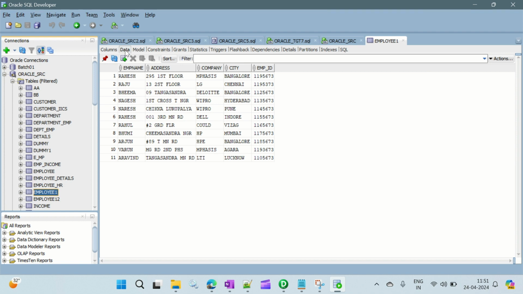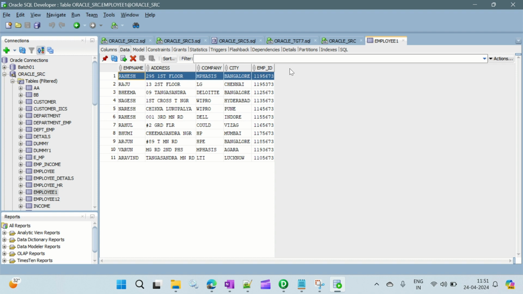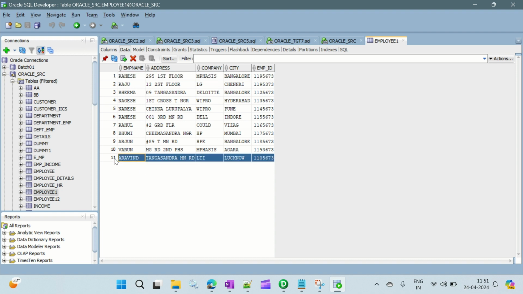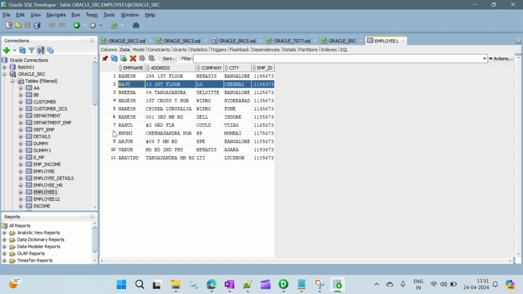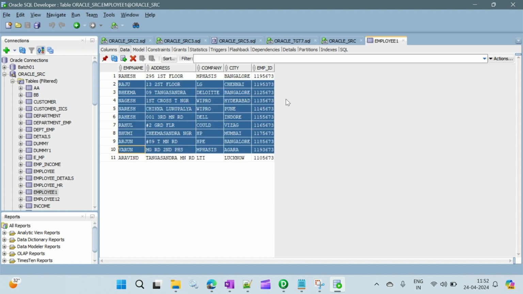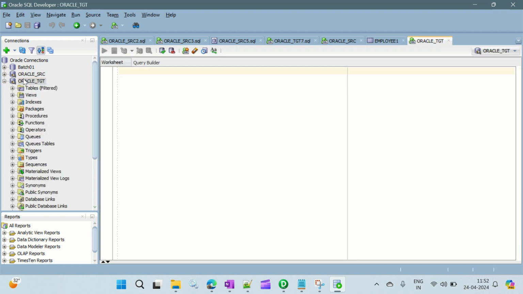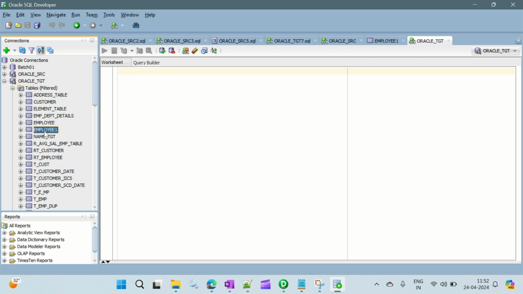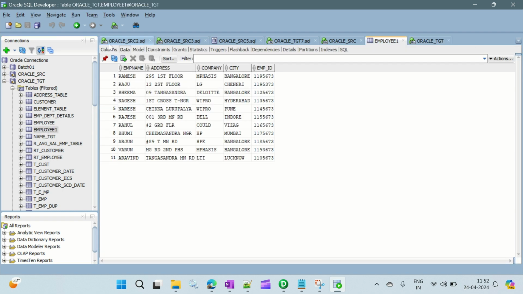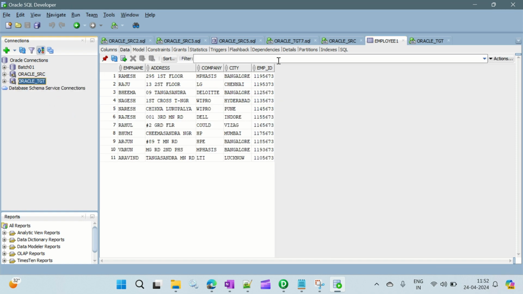Employee one. Yeah. So we have here 11 records, right? So we have 11 records and 5 columns. Okay. So we have to load the first record into one target and the last record into one target, and then in between these records into one target. So I'm just taking source as an employee one. Okay. And target employee one, we have here same data. Okay, so I'll just use this. I'll just truncate and load the data. Okay,